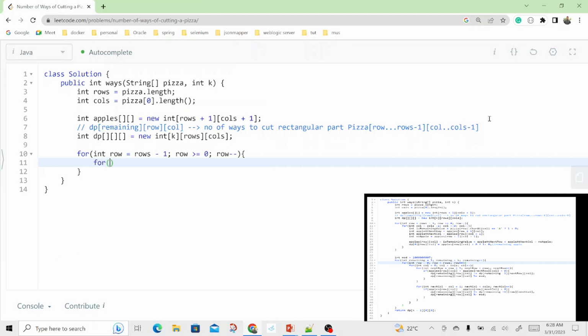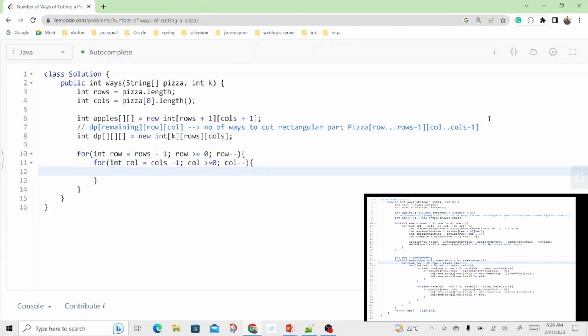Similarly we'll consider the column, and we'll take int col, and int col is nothing but cols minus 1, and col should be greater than or equal to 0, and col minus minus, correct? So we have taken both row and column, and we have started from there only. Okay, now what we should do, first of all we'll take